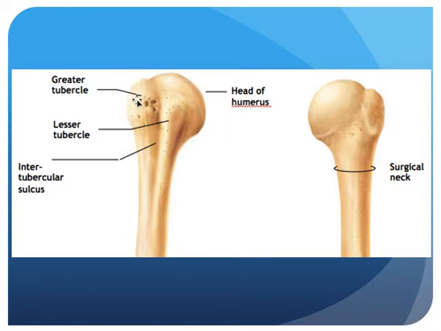So I can see the two tubercles, greater tubercle, lesser tubercle. In between the tubercles, I get my little sulcus here, and then down this way a little bit inferior to the head, I get that surgical neck. So at this point, you want to be able to say, okay, if he gives me the humerus,